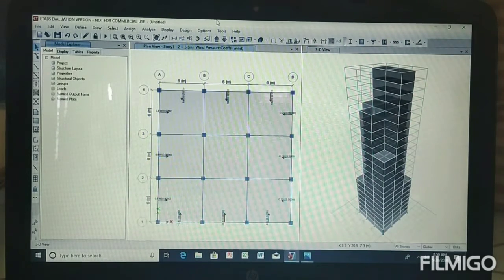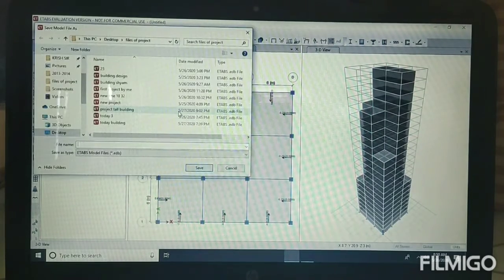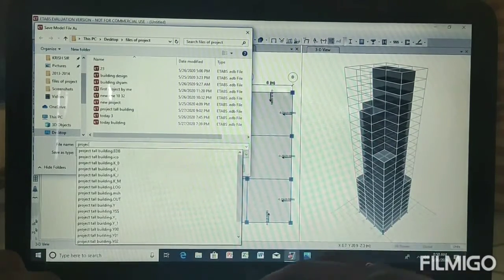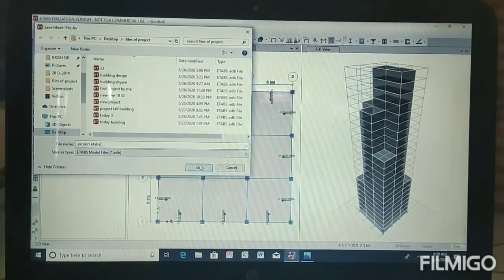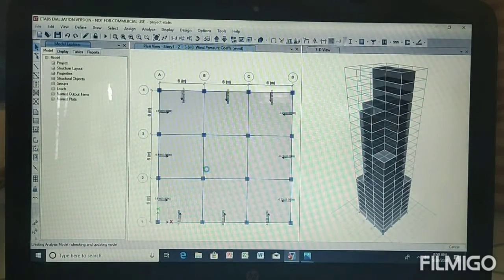Then at last we go to analysis, and here I give run analysis. Before it I have to save here. Save. Then the analysis will be running. It takes a few minutes.